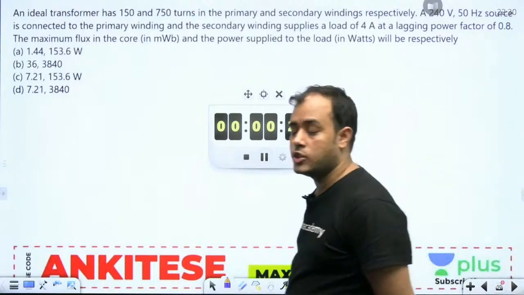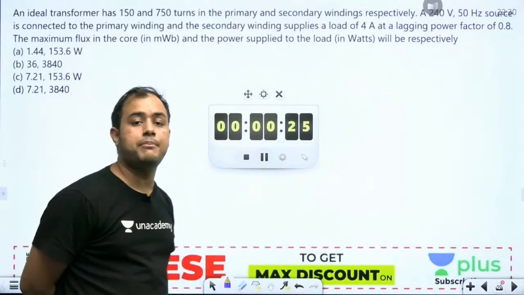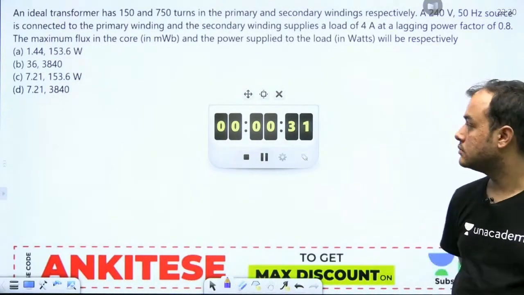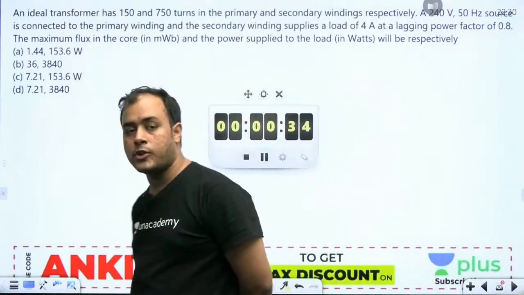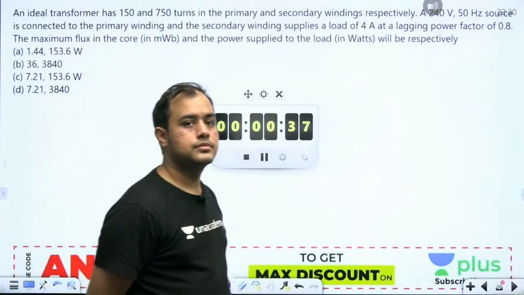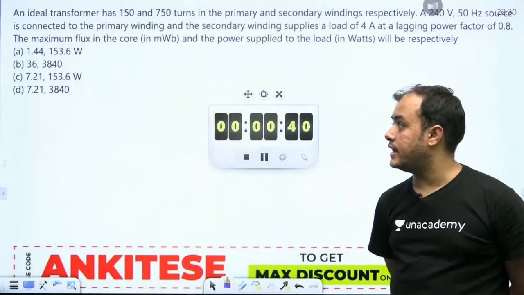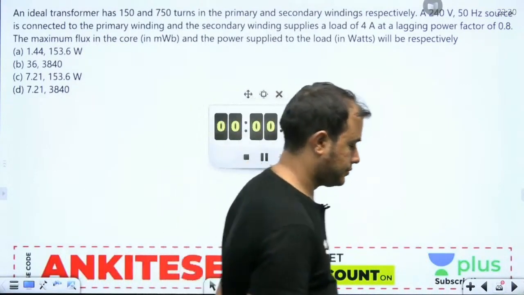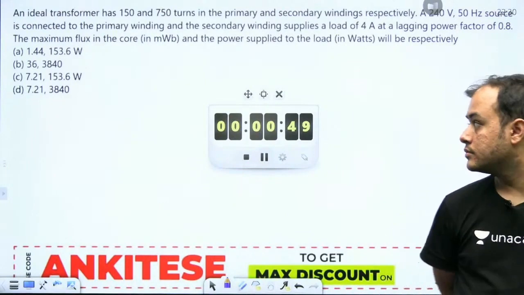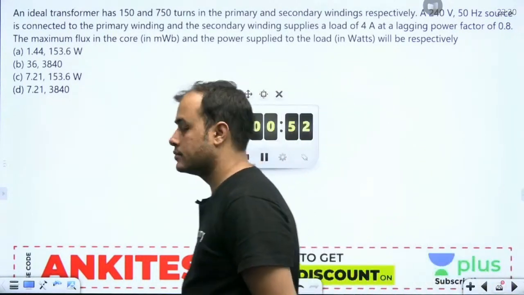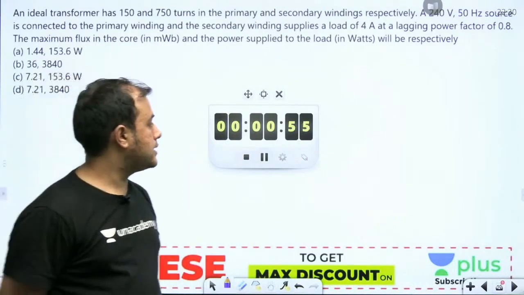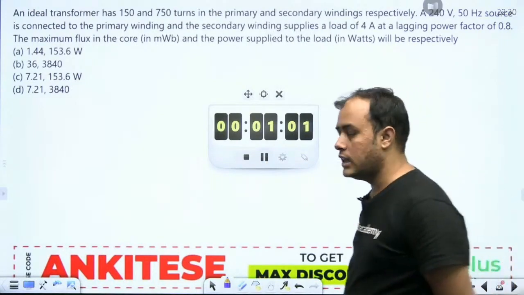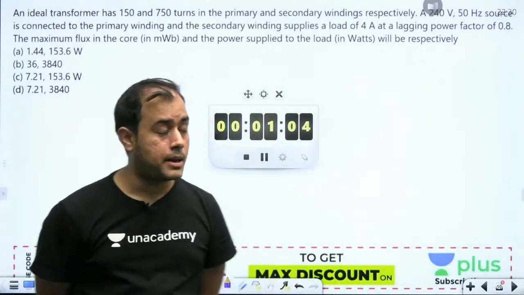Jitendra, magnetizing current consumes reactive power. What I have done is I have balanced the real power. Come on, everybody. All of you can crack this. Aditya Raj is saying AB. Let us see. Come on, guys. 1 minute is almost up. You only have 2 minutes. Only 1 minute left. Come on, guys. Pick up the pace.